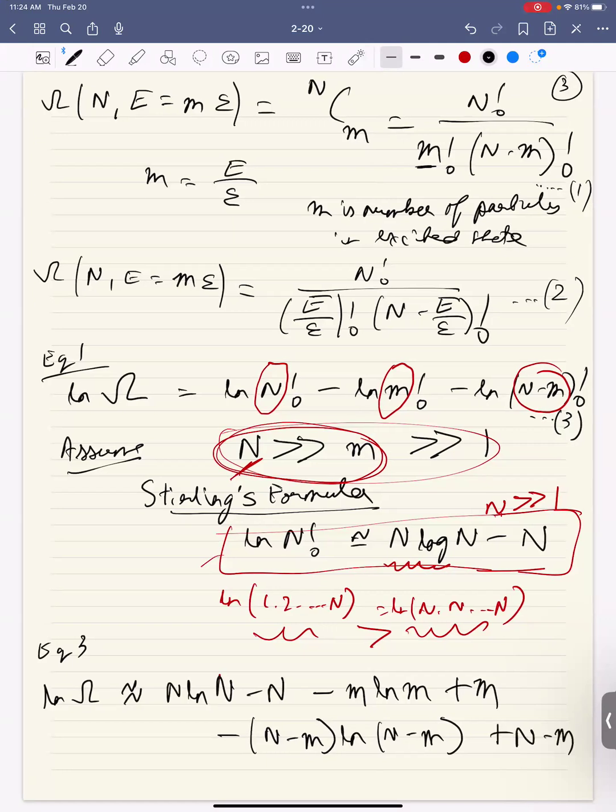Just Stirling's formula applied for all 3 things